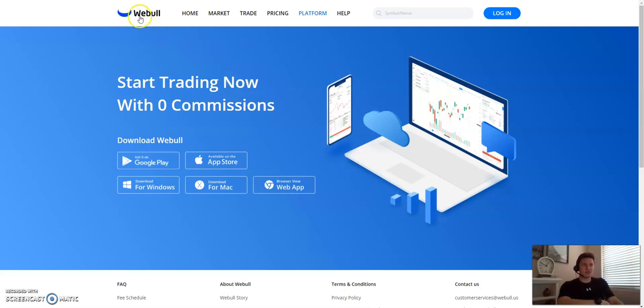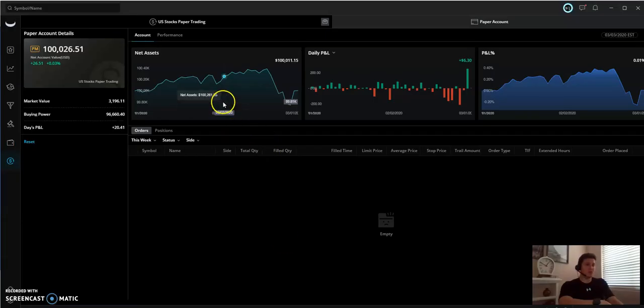So what you're going to do first, go to Webull.com. You're going to click on Platform from the menu, and it'll take you to this web page. You just download whichever one of these options fits your computer that you're signing up for. For example, this would be a Windows since I'm on a Dell. Also, if you're going on a Mac, they've got an option for you there too. Cool, so let me show you what this looks like. And boom, here is Webull.